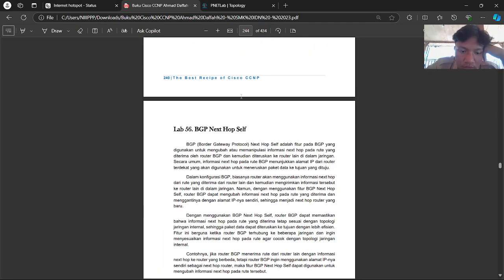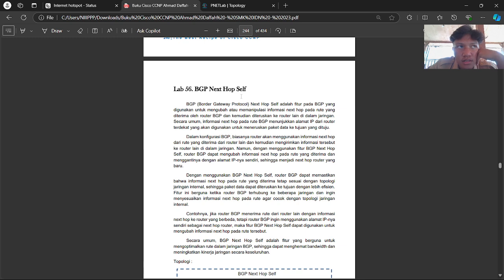As you know, BGP Next Hop Self is a BGP feature used for changing or manipulating the next hop information of a route received from a BGP router and passed on to the next router in the network.